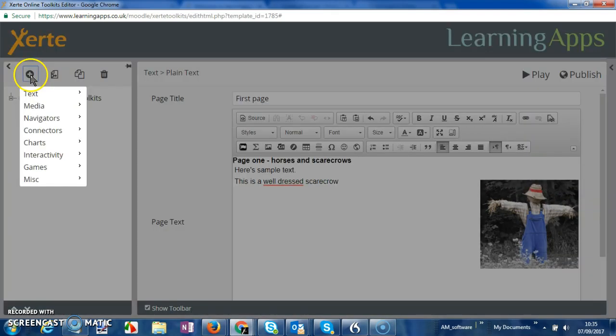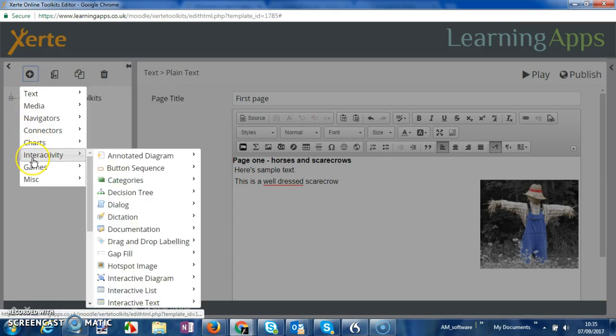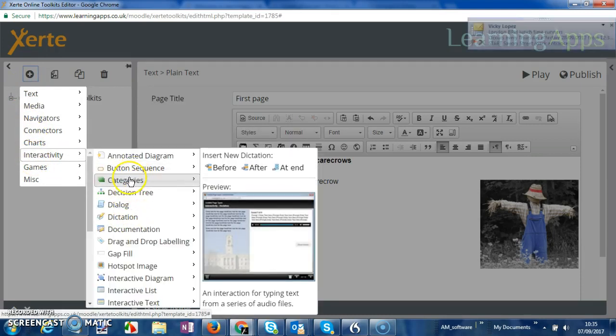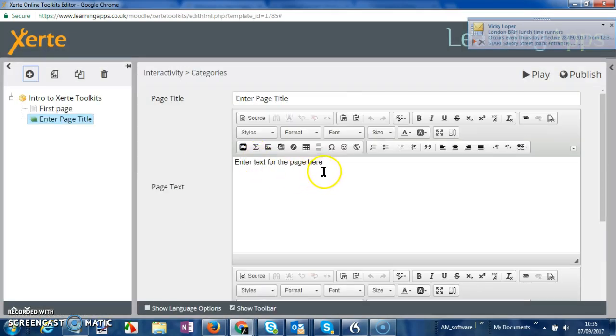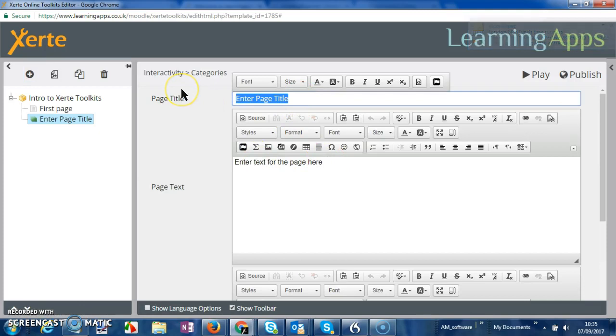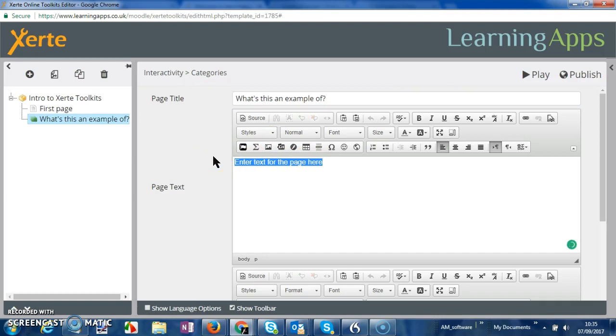You can then add another page. So I've got a bit of text there. I might then have an interactivity afterwards. So I may do a little drag and drop categories. So after, and so drag the label to the right box,